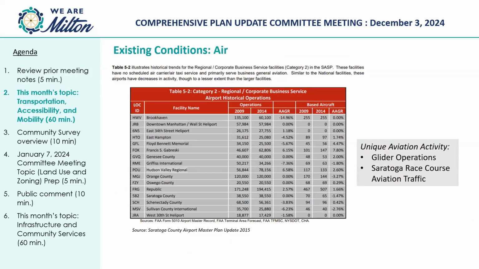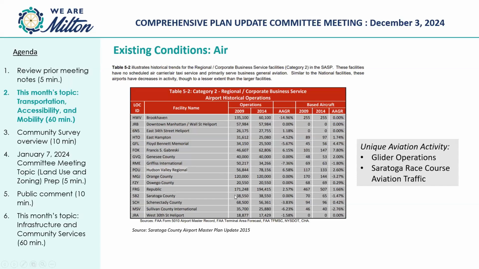Just the airport, and without getting too much into this, it's a general aviation airport. I pulled this from the county airport master plan, which the county recently updated in 2015. They have some recommendations, and there's a fairly extensive, and I think federally mandated, airport planning process that they have to go through, so there's a fair bit of interesting information in there. Operations is any takeoff or touchdown, and it's a measure of the throughput at a general aviation airport.